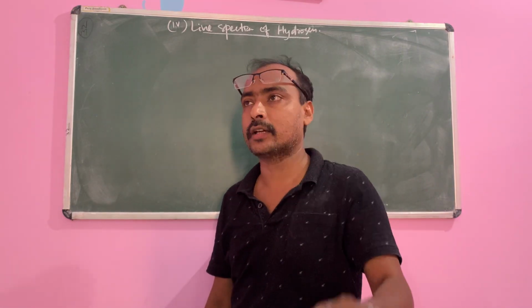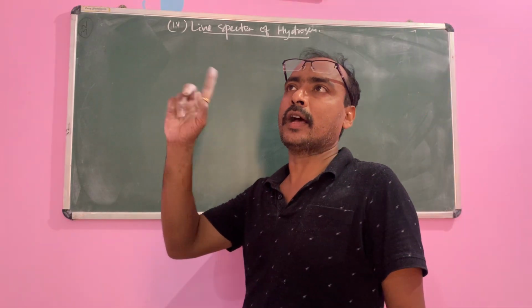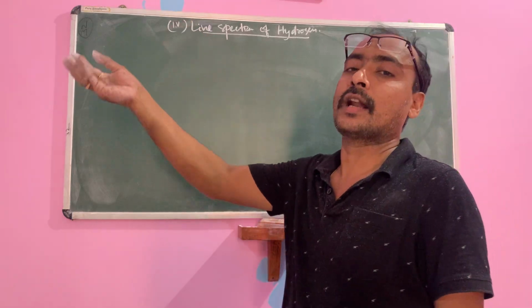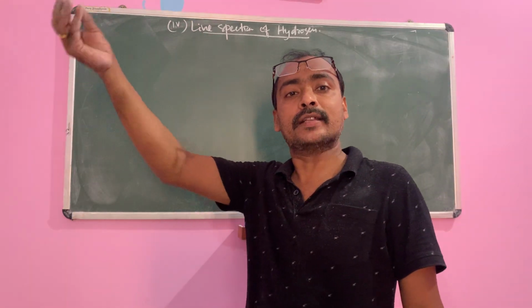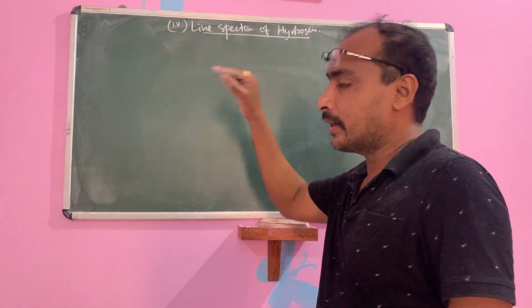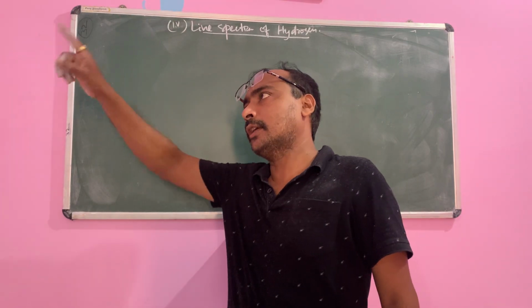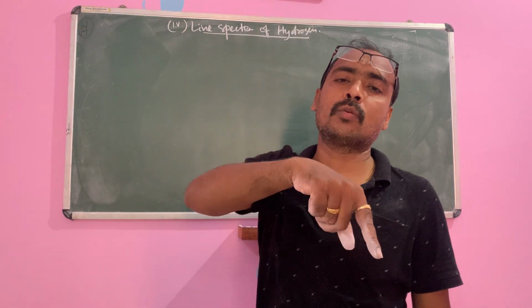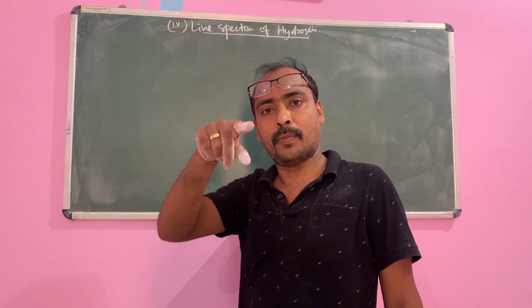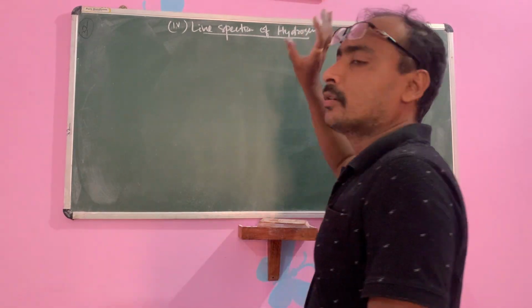But the excited atom will not be stable at that higher energy state. It returns to its original orbit, the ground level, which is the lower, stable energy level, and emits radiation. First it gets the energy and goes to the higher level, then it returns to the ground level giving off radiation. The radiation emitted by the electrons of hydrogen atoms is known as line spectra.